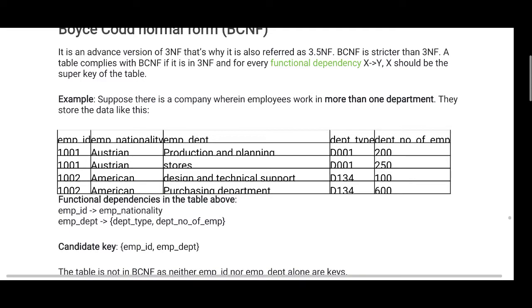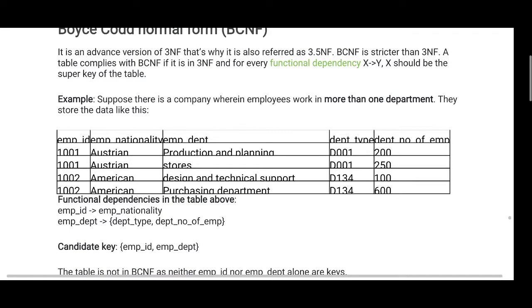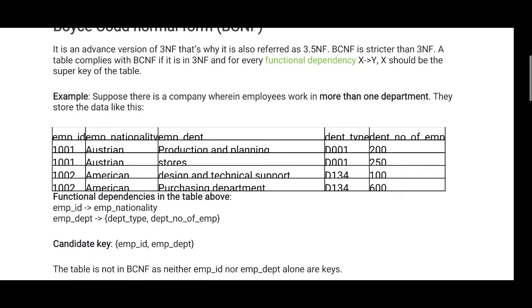First one is to satisfy the third normal form condition, and second, every functional dependency should be a super key.